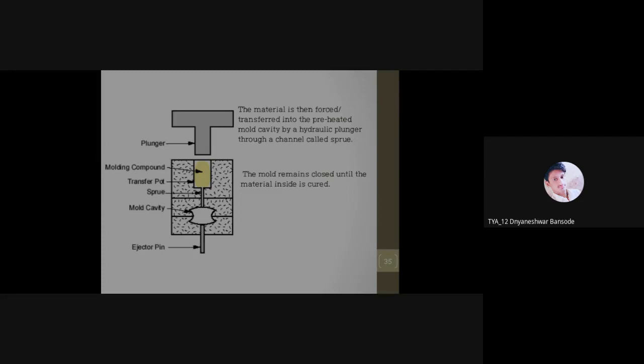What is the role of the plunger? Putting the pressure. So this is automation with a feedback mechanism, done by the pressure sensors. Getting it? So this loop will be closed. Here also you can provide automation.